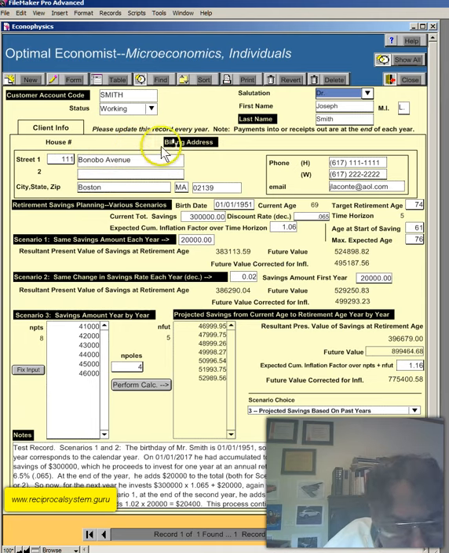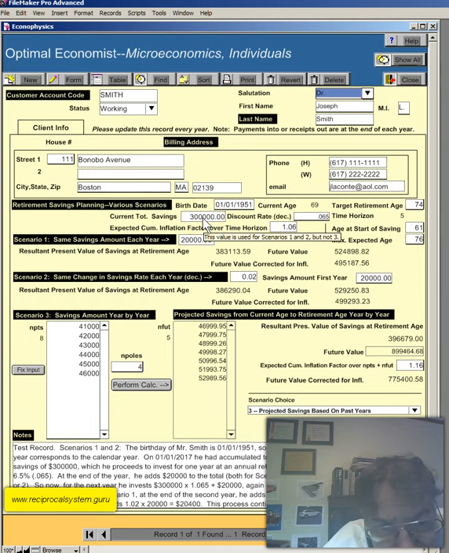So here's the billing address, the house number, the street, any second address line here, city, state, and zip, home and work numbers, and the email address. Okay, now we go into the various retirement scenarios. We give the birth date of this individual, which is in this case 01/01/1951, current age 69. Target retirement age is 74.